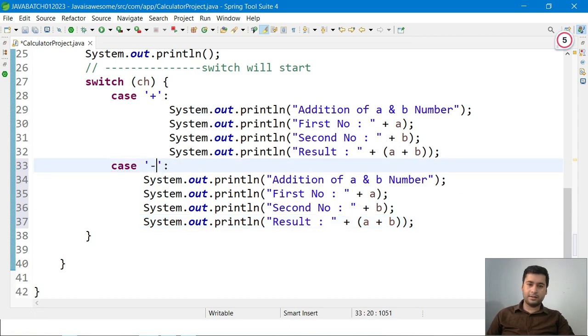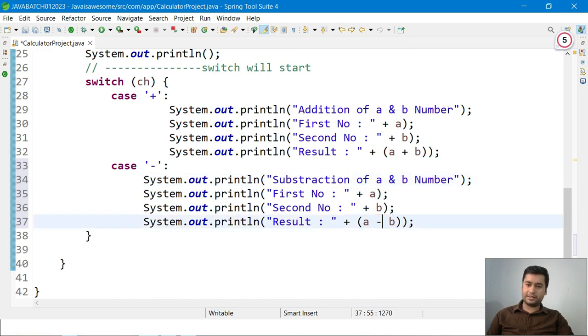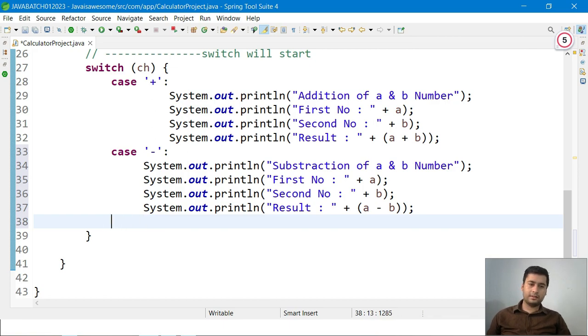Okay, and here I will write subtractions, AB number, first number, second number, result, and here I have to give minus. So make sure you are giving the minus. Same thing, go down and paste it